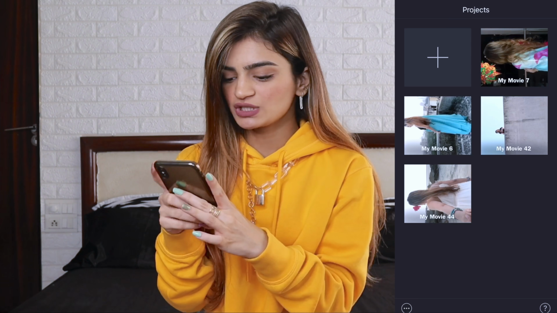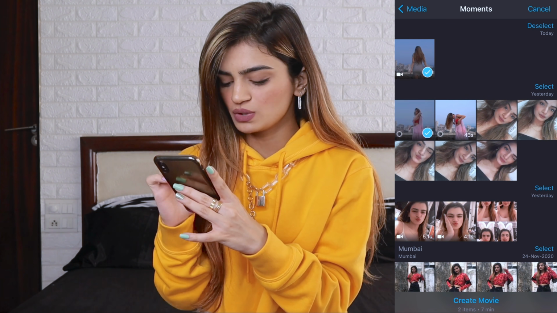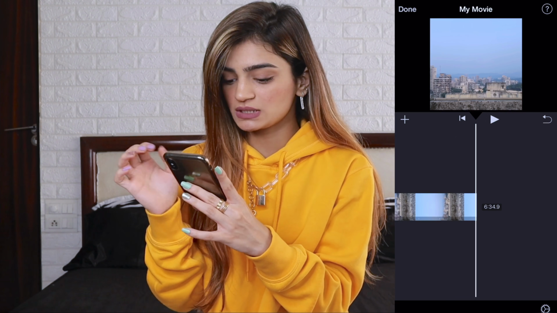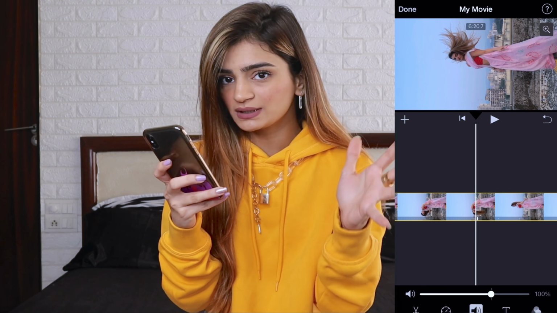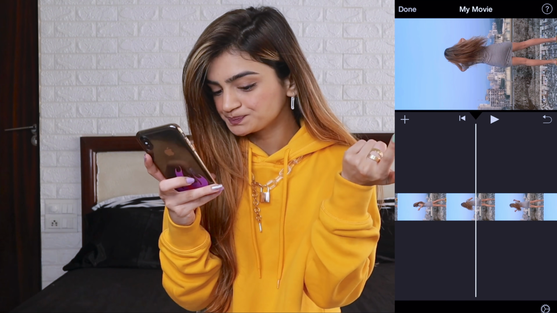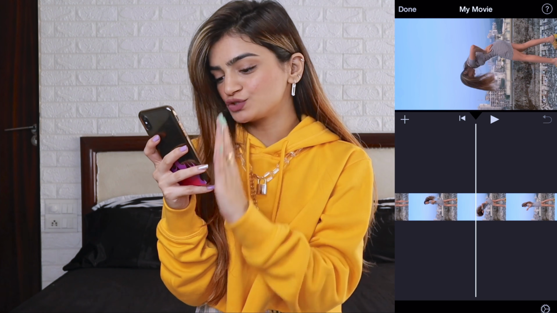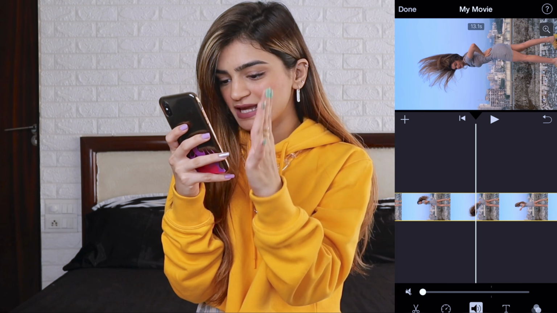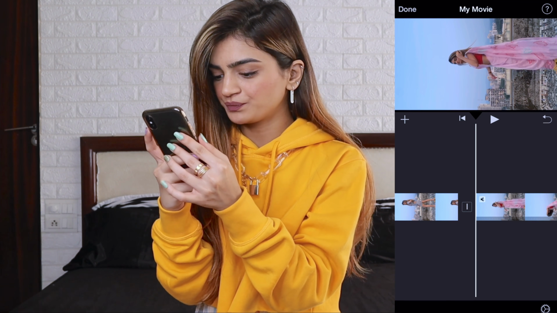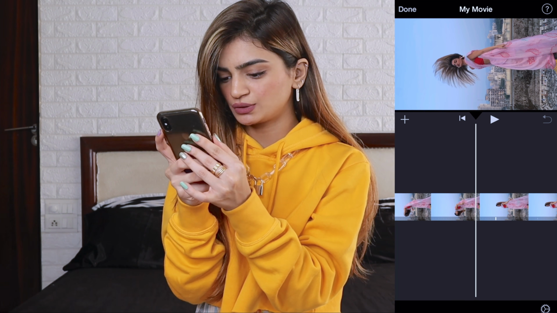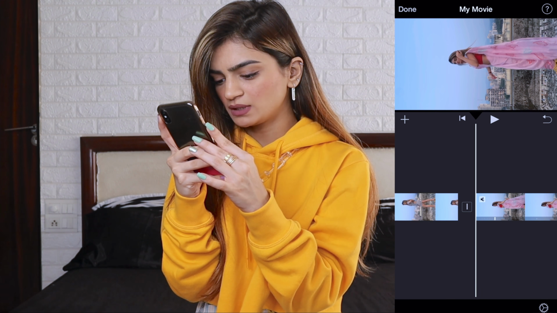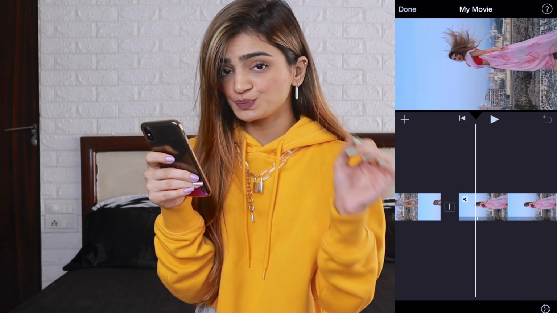So let's start. Just choose your two clips and rotate both of them. The first thing that I always do is mute both the videos so that we don't get the unnecessary voice of the background. Now you split at your transition and make sure you split at the same point. So I'm going to split it here and here. You can just adjust a little bit so that you get that proper smooth transition. So now our transition is done and now we'll be adding sound.